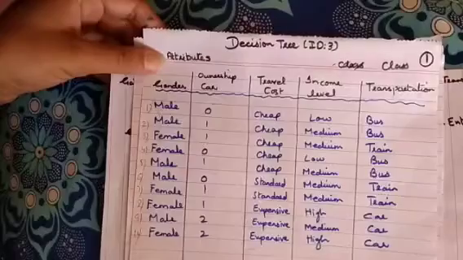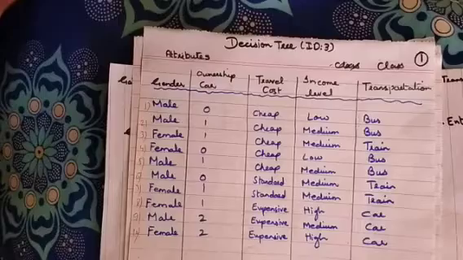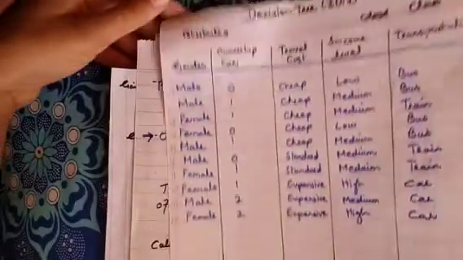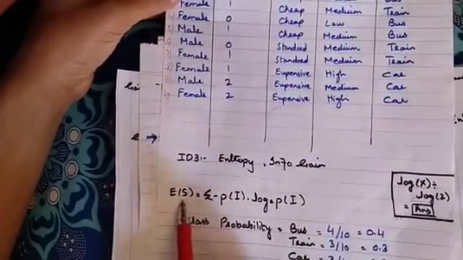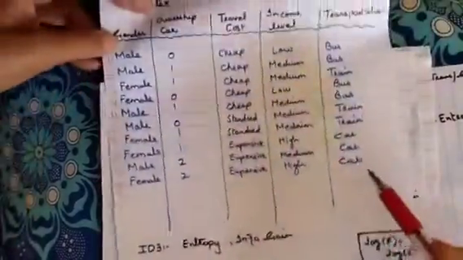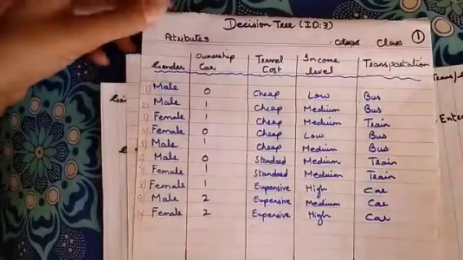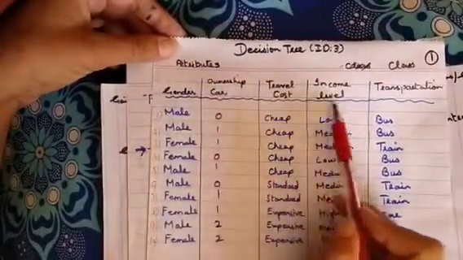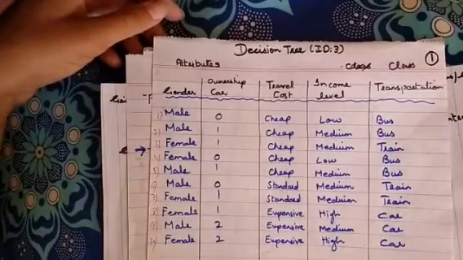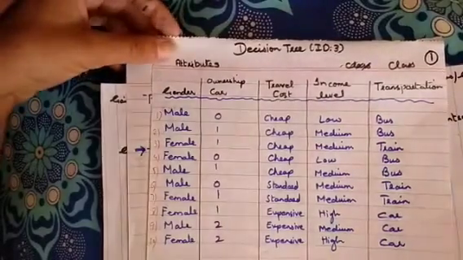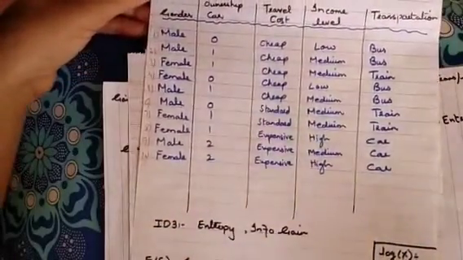So according to the ID3 algorithm, the first step was to find out the entropy and information gain, और हमारे पास उसके लिए formula given था that here it is. For calculating the entropy, first of all what do we need to do? अब हमने क्या करना था? We need to actually make a tree for that, and for making that tree we have to choose a particular attribute within the data set जो हमें सबसे ज़्यादा accurate और आप कह सकते हो effective output provide कर रहा होगा. So how we can do that? For that we need to find out the entropy and information gain.